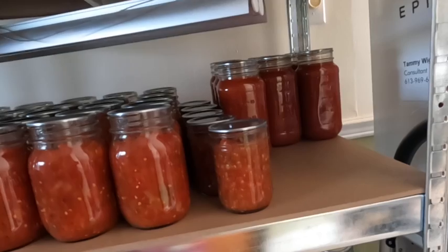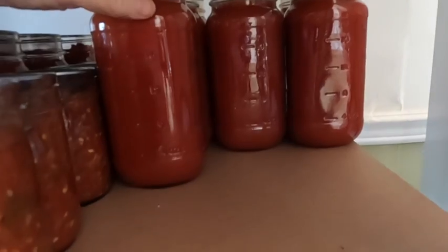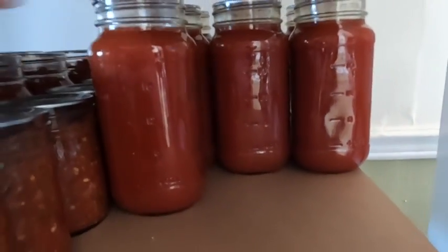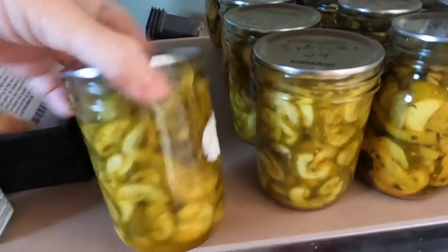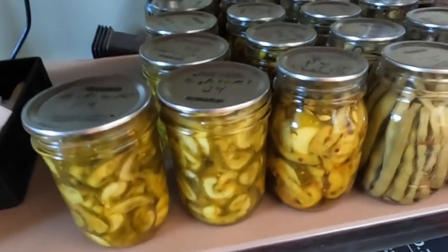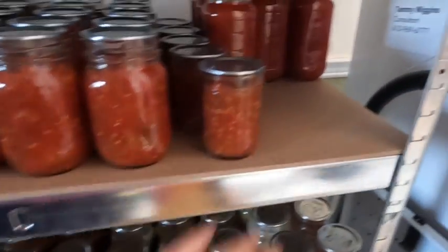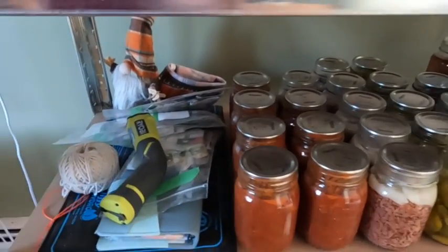So let me show you the other things that we added to the jar inventory since the last time we talked about the inventory. Now, we didn't add much to the inventory at the moment. We have 7 jars of tomato sauce ready, and we made some thin sliced bread and butter pickles because, you know, we have so many cucumbers. This will be full soon with more tomato sauce, and I need to clean this up so we can put